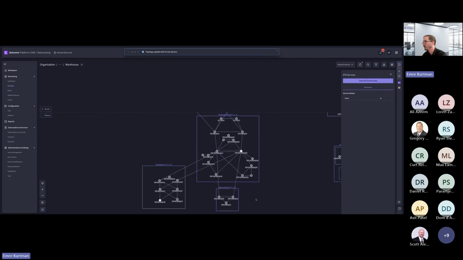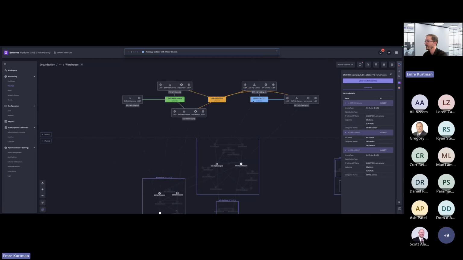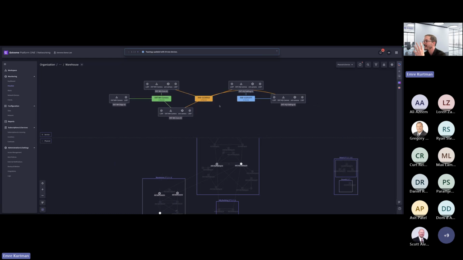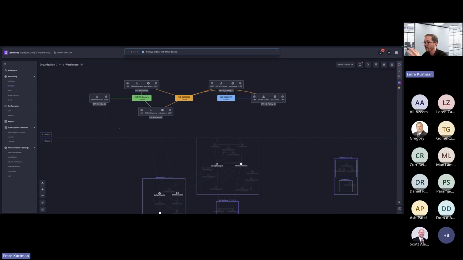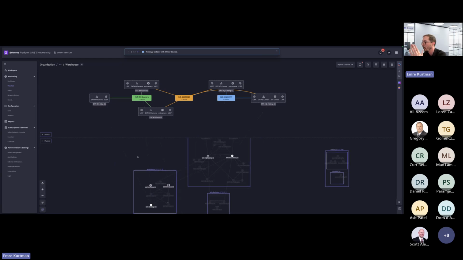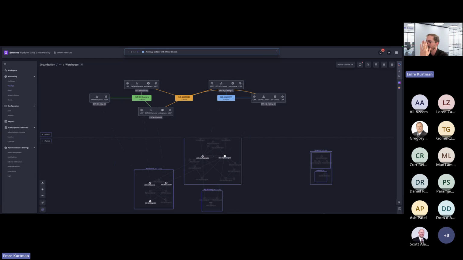When I hit show, I get this more complex view, but it correlates with the physical topology, and if you go from left all the way to the right, we can follow the service mapping. We started with the warehouse edge switch, which is this one.